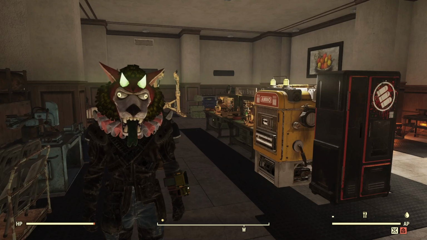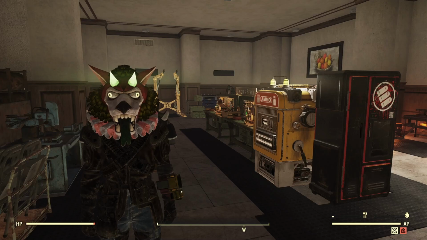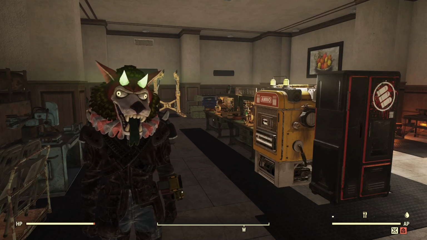Today we're going to do an episode of What Will I Get? And we are going to craft plasma casters. I am looking for a bloodied, crit damage, AP cost lowered,